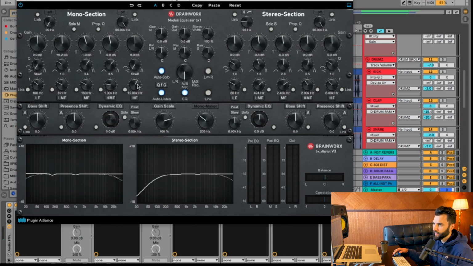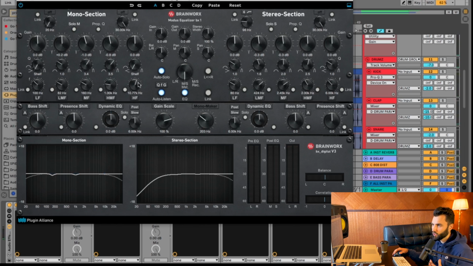And a few things that I like about this EQ, just to build on the point, is it does have a gain in and out. So you can see I was clipping a little bit. If I want to handle it here, I can of course just dial back my gain out to the point where I'm not clipping on the meter. And also when you're actually working and EQing frequencies, it has an auto solo function. So as an example, if I were to click this frequency and play the track, you're only going to hear the frequency that I've selected here. And that's how it comes default.